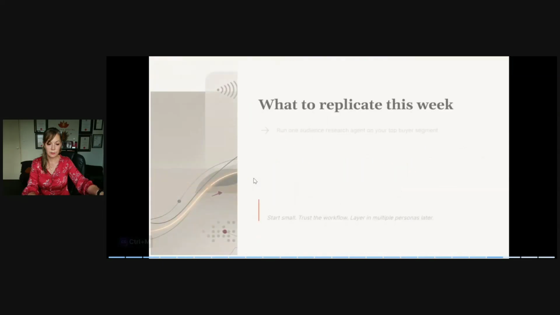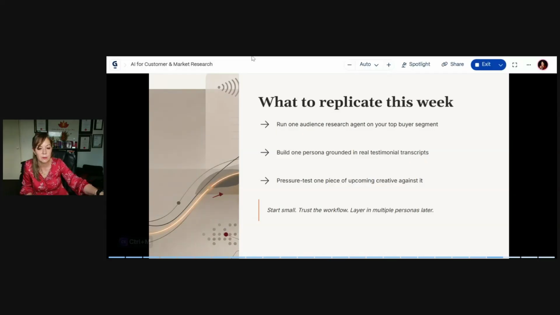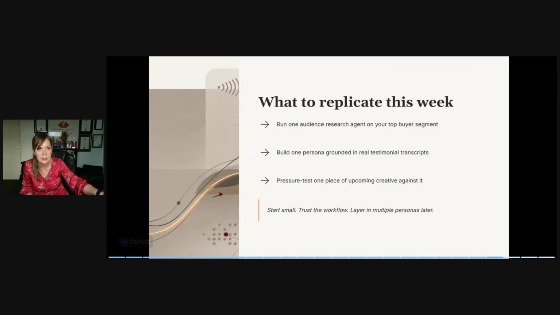I'd be interested to see if anything that you will play with out of the different things that I showed you today. What was probably most useful for you? Was it the survey building? Was it the audience research, audience analysis? Was it running the research on the best performing content to make sure that you're doing stuff that's aligned with that? What's something that really stood out to you, something that you could use?